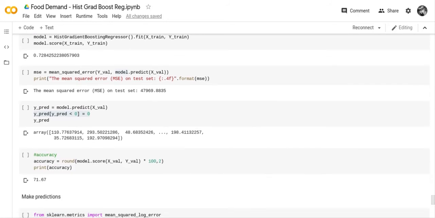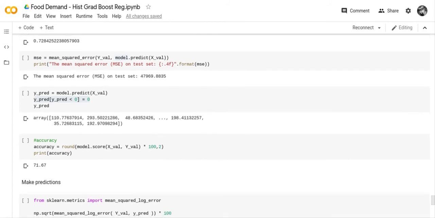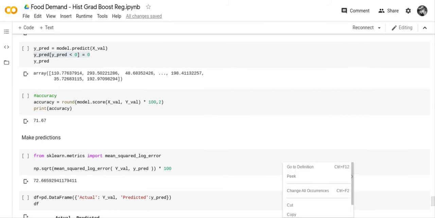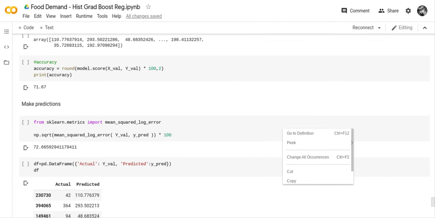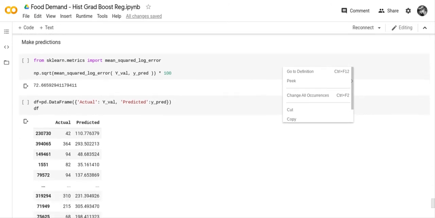Then we checked our errors, and it said our mean squared error on the test set was 479698835, and that doesn't look very good. And then YPRED gave you an array of numbers, and I really wasn't that happy with the outcome. It gave you an accuracy of 71.67, which wasn't too bad, but you need to have 90% if you're working in business. So we did some more tests, and our square root is 72%, which is close to what I